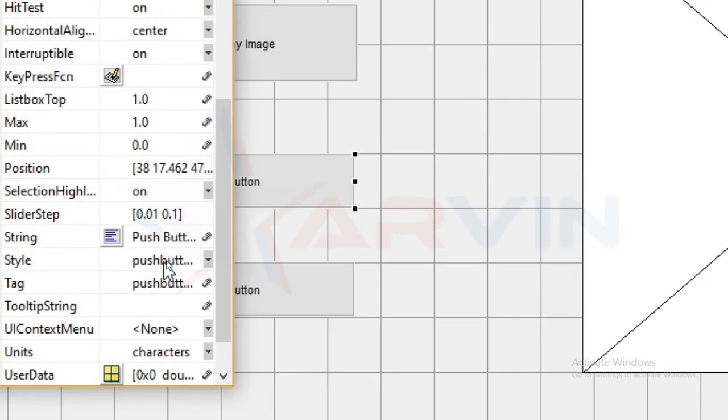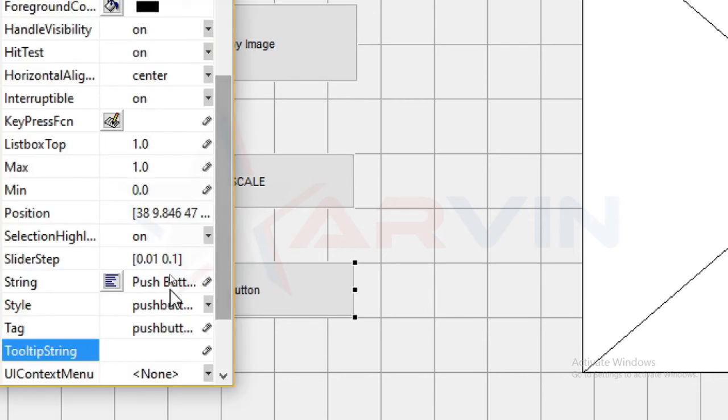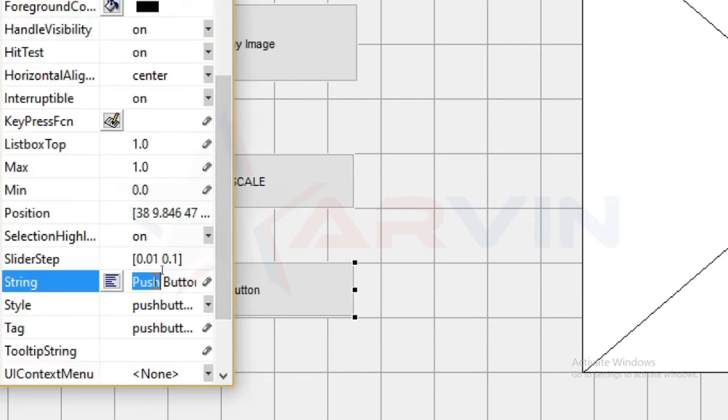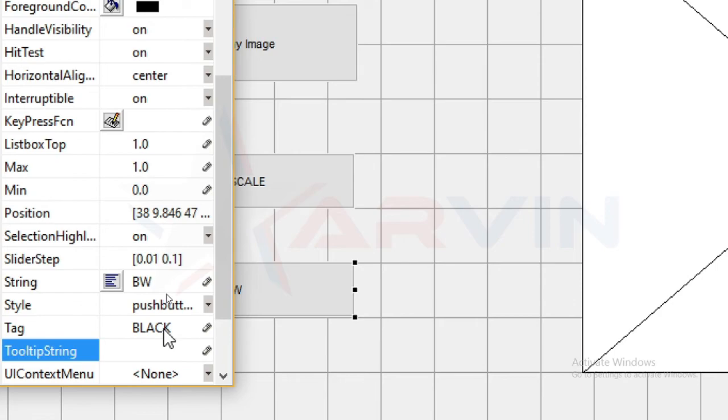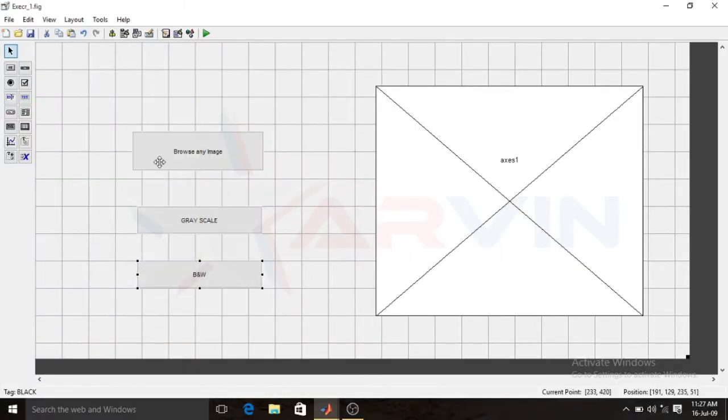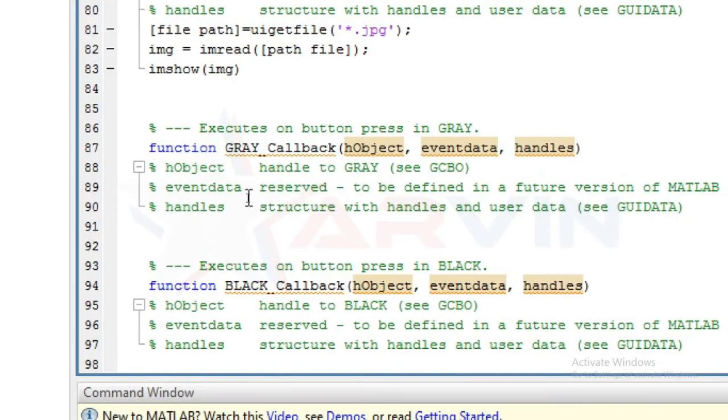So I write the string over here, that is grayscale, and I also change the tag name of that button, that is gray. Now go to the third button's properties. Here I change the string. Now change that tag name again. Now save that file. So here you can see the callback functions of the gray and black buttons.